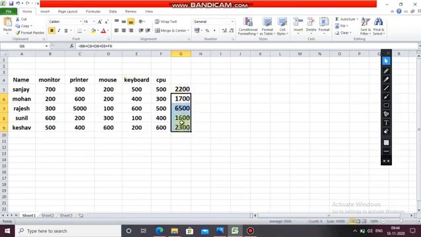I am deleting all these. Now just click on this. The formula is written over here. You can see this formula. Now I will go to the cell. Here it is a plus sign. Come to the corner, it changes again to a black plus.